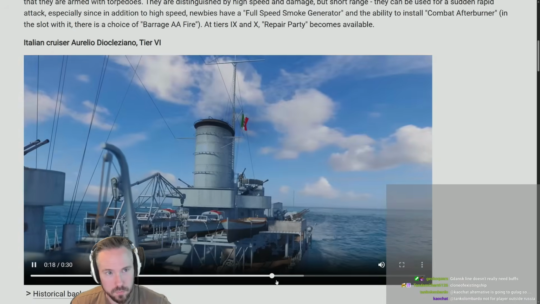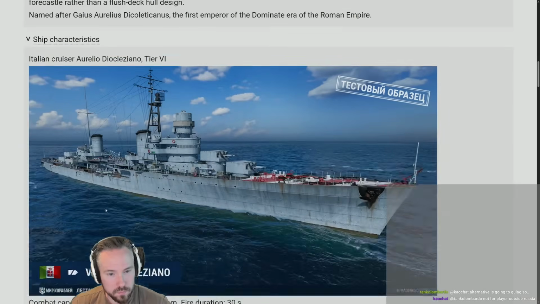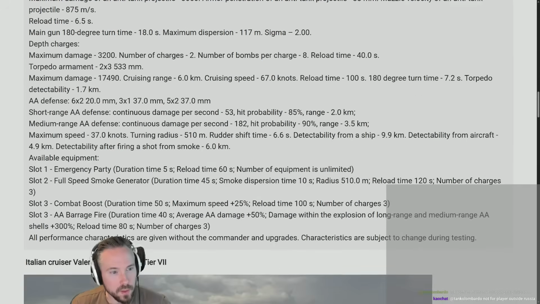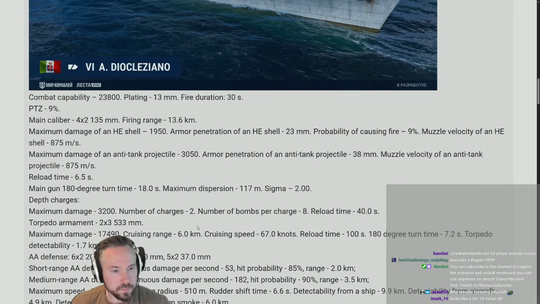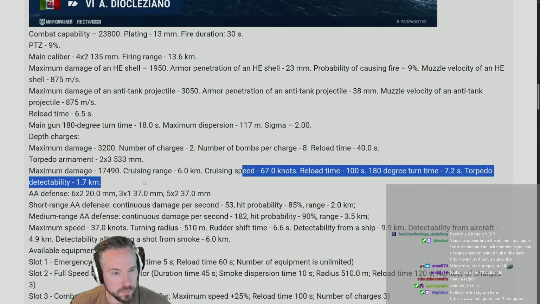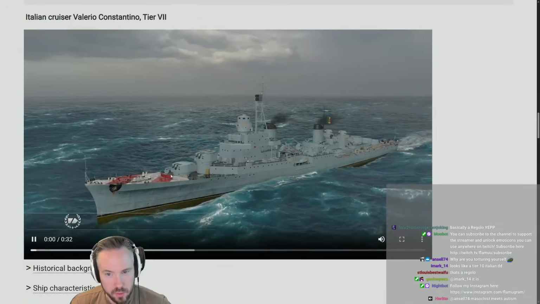Yeah. Looks interesting. 23.8, not a lot of health. What are the consumables? Well, already gets a full speed smoke at T6. That's going to be pretty nasty. Combat boost. Holy shit, 25% speed boost. God damn. Basically a Regola. Yeah, Regola as a cruiser. Nice torps as well for YOLOs. That's a Regola. Yep. What is this? Also looks very...